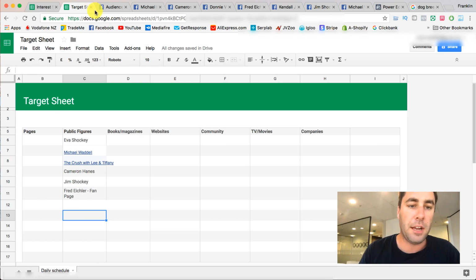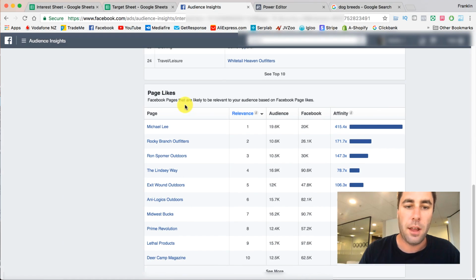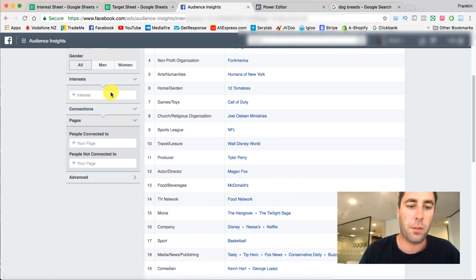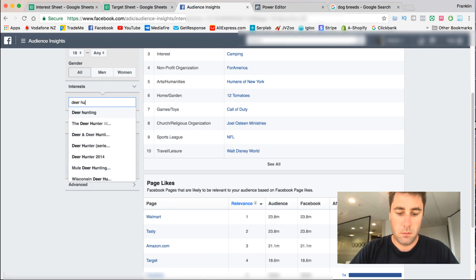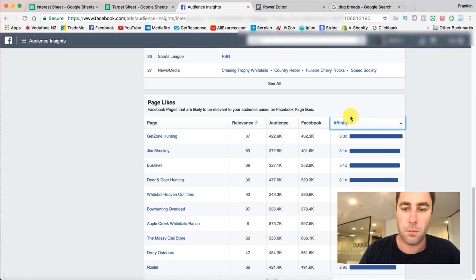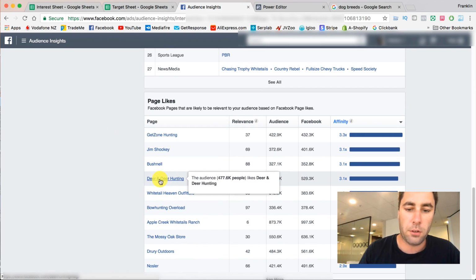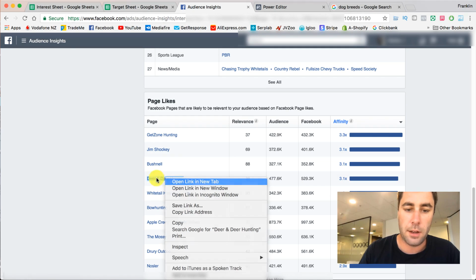So now I'm going to go to pages. We're going to get rid of all this confusing stuff here. I'm going to go down here, page likes, and I'm just going to put in hunting. We'll start back with hunting. I'm going to go with affinity. That's pretty low, but we can still use it. So we're going to go deer hunting,